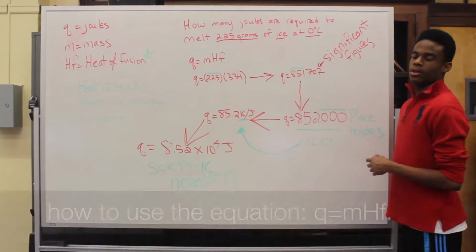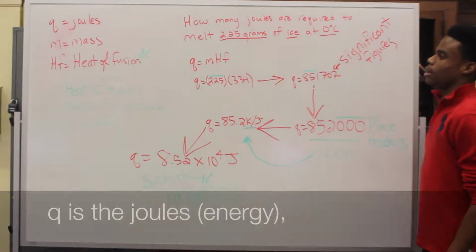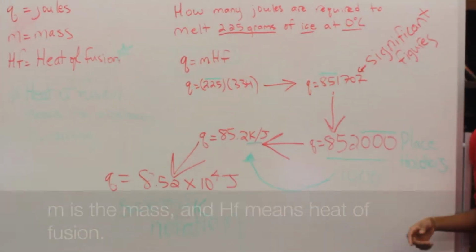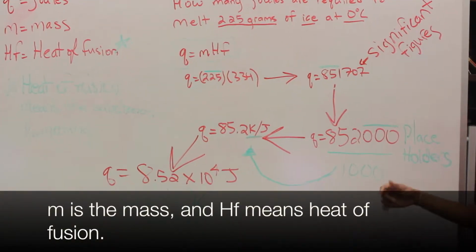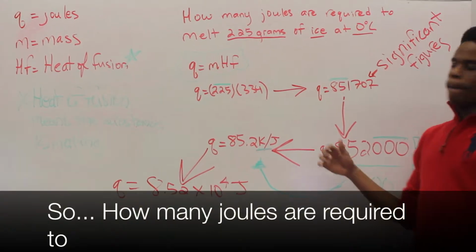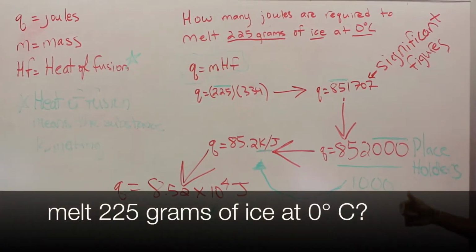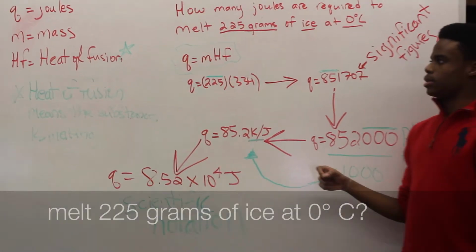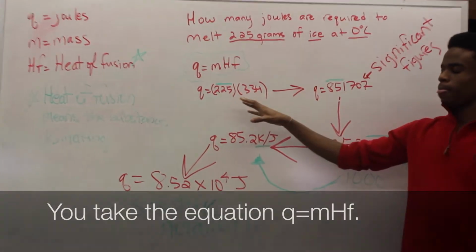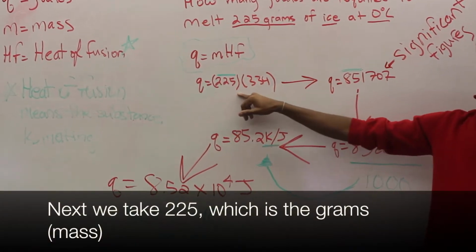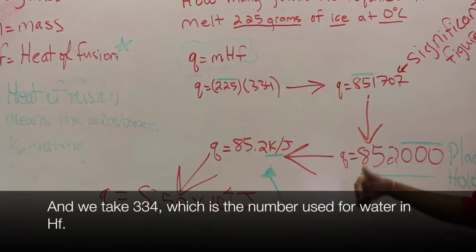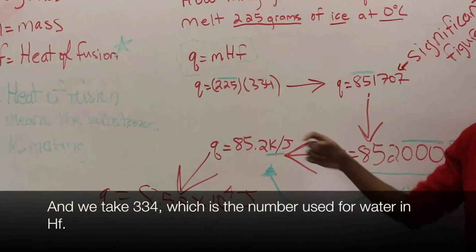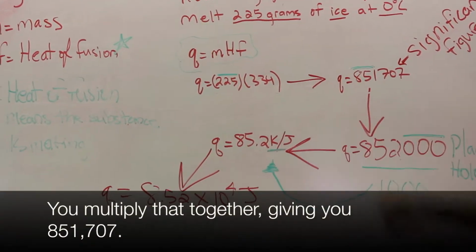I will be teaching you how to use the equation Q equals mHf. Q is the joules, which is energy, m is the mass, and Hf means heat of fusion. So, how many joules are required to melt 225 grams of ice at 0 degrees Celsius? We take our equation, then we take 225, which is the grams, and we take the number 334, which is the number we use for heat of fusion. We multiply that together, and we get